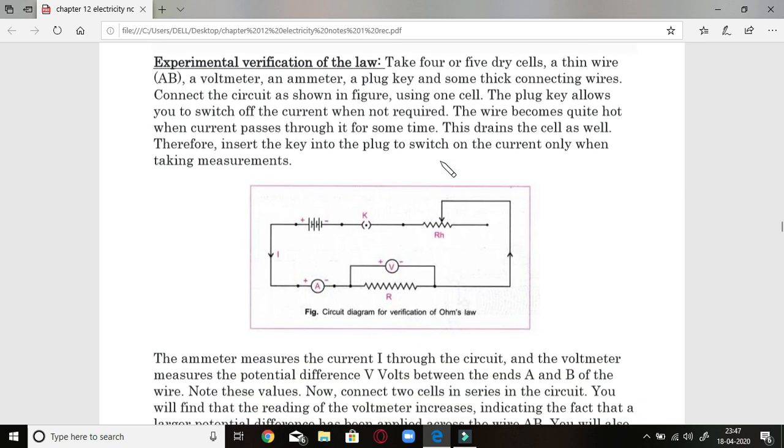What he did, as you can see in the circuit diagram, the arrangement was that of a battery of various cells, then a closed key, and a rheostat. This is for varying resistance so as to increase or decrease the resistance. It has an effect on the value of current passing through the circuit, which is measured by the ammeter. You reduce the value of resistance in the rheostat, current will automatically increase through the circuit. So is the voltmeter. A voltmeter will show potential difference.